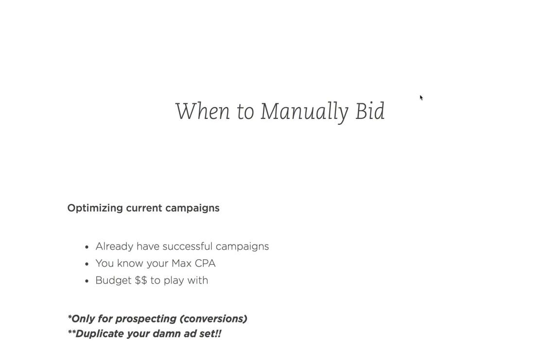Okay. And then also, you need a big enough budget to play around with. If you're only spending like $5 a day, which is fine, if you're only spending $1 a day, if you're only spending $20 a day, that's cool. But you don't need to be messing around with manual bidding at all. So just leave it alone for now. Maybe in the future, something might come down this way that will help out with that. But basically, we want to be at a minimum spending somewhere around $100 a day.